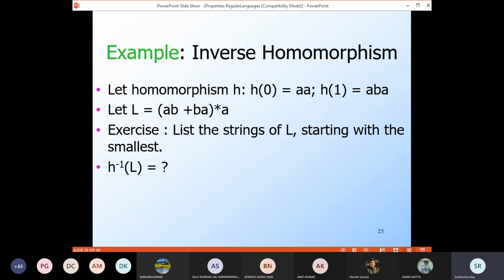So what we have here is a homomorphism defined on the input alphabet sigma, that consists of 0 and 1, and the homomorphism yields a language that is defined on tau, that is {a, b}. The language which you have obtained, which has been given here, is L, which is, note, defined on tau, not sigma. This is the language